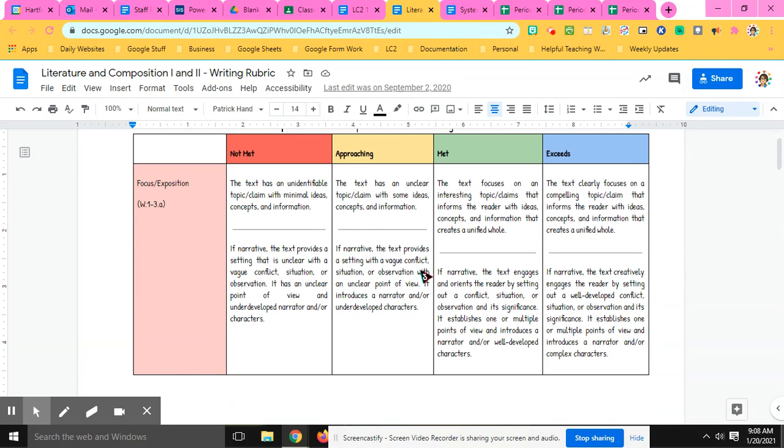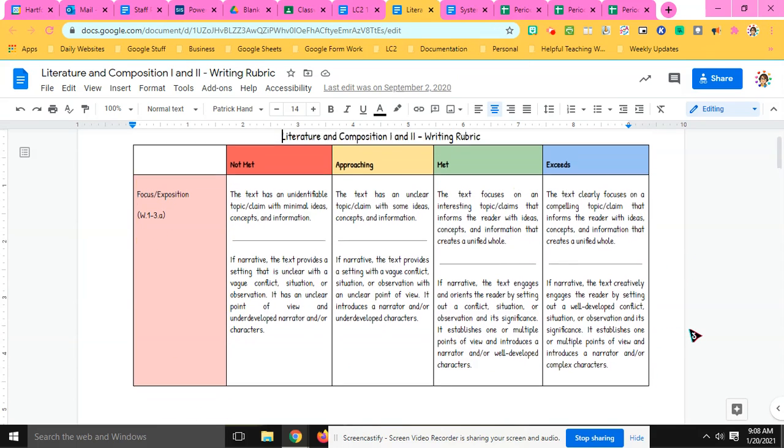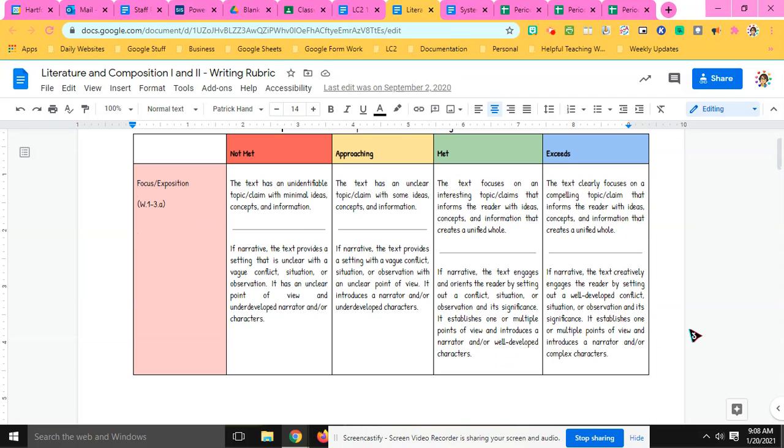This is the district-based rubric for any of your writing assessments. So here we go. We first focus on our focus and exposition, right? How clear were we in staying focused on systemic discrimination? We're all shooting for the 4. So in this video, I'm going to only go over what we need to do to exceed expectations, which earns us a 4. As you can see, and this is available to you, you can also go over what constitutes a 3, a 2, and a 1.